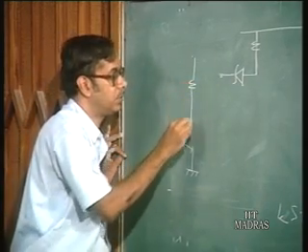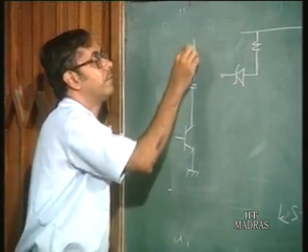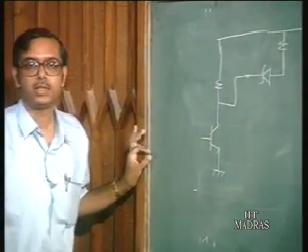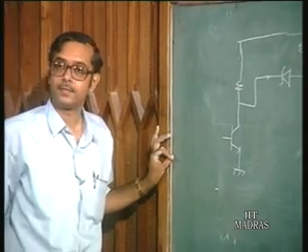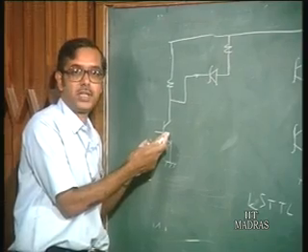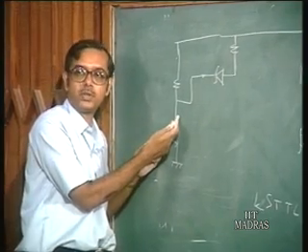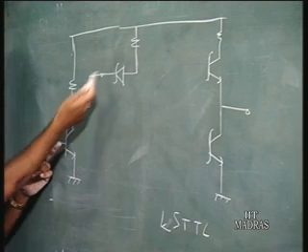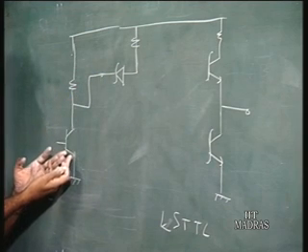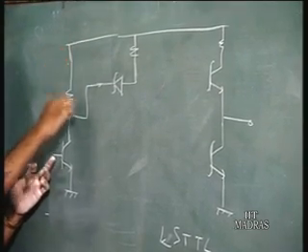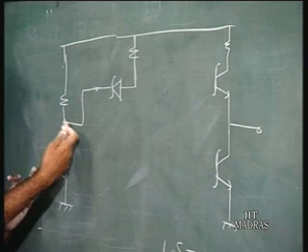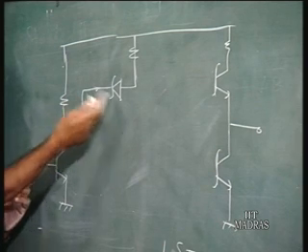This output transistor, you put a resistance, maybe to the same 5 volts, and this can be fed directly to TTL. If this transistor goes to saturation, there is 0.2 volts at the collector, so this is going to be seen as a logic low by the TTL. And if this transistor is cut off, this voltage here is going to be seen as a logic high by the TTL circuit.